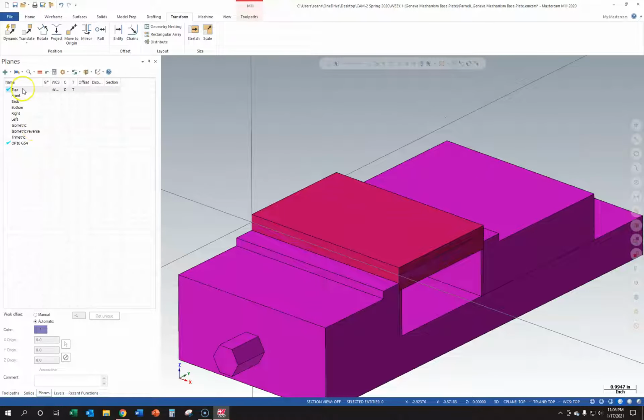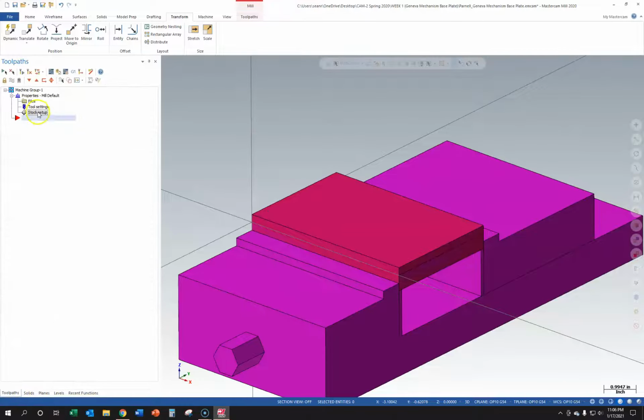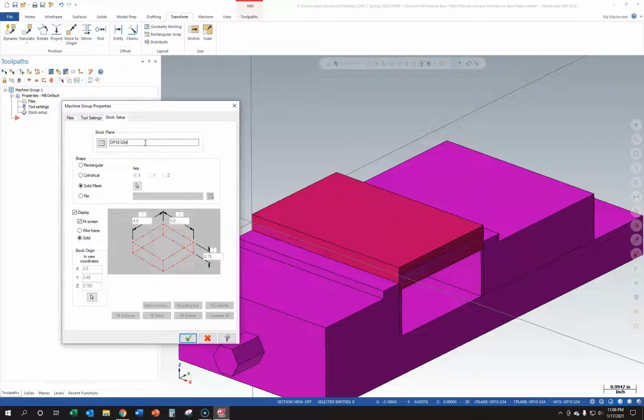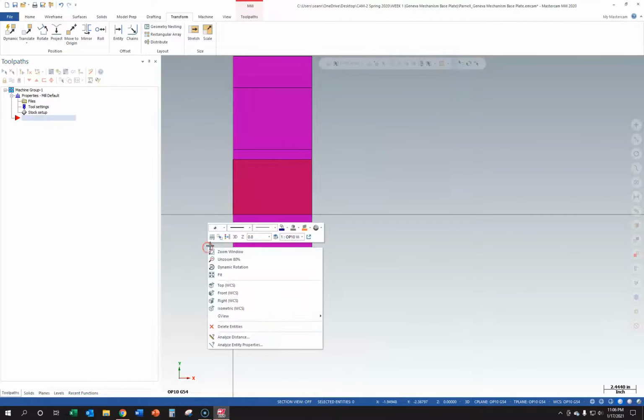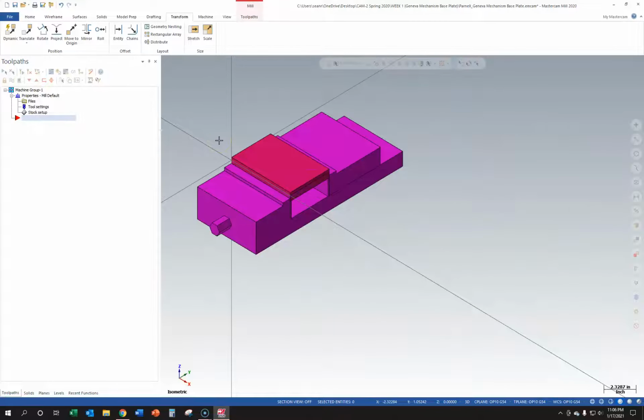Okay, now doing that, I also need to make sure my G54 isn't wrong, which I think it might be. If it is wrong on your screen or on your file, what you're going to want to do is also go down to the cursor and make sure that you also have that on the bottom left hand corner of the stock. So basically your top plane and your Op10 G54 should be on top of each other, at which point you can now go back into stock setup and have Op10 G54 selected as your stock plane and the solid mesh selected there. If you get screwed up on that, don't worry about it. We'll come back to it and we'll talk about it in class too, so I'm not too worried about it